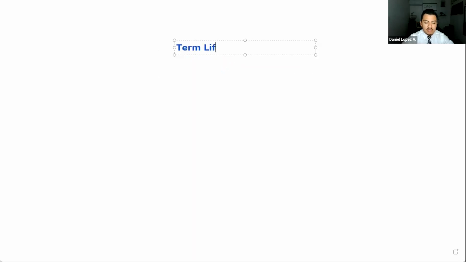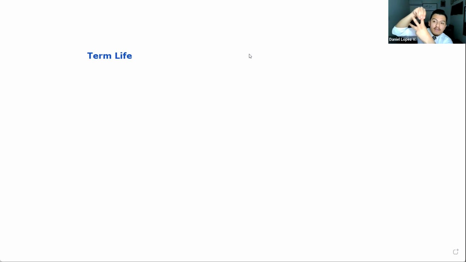Term life, there's like a 10-year term, 20-year term, 30-year term, and so on, 5-year terms, reduced term, different type of terms. With whole life, there's whole life regular, whole life in general, and there's a term called universal whole life, which is what we don't offer. So technically, to be technical, there's three types of life insurance in the US: term life insurance, whole life insurance, and universal whole life insurance. We no longer offer universal whole life insurance.